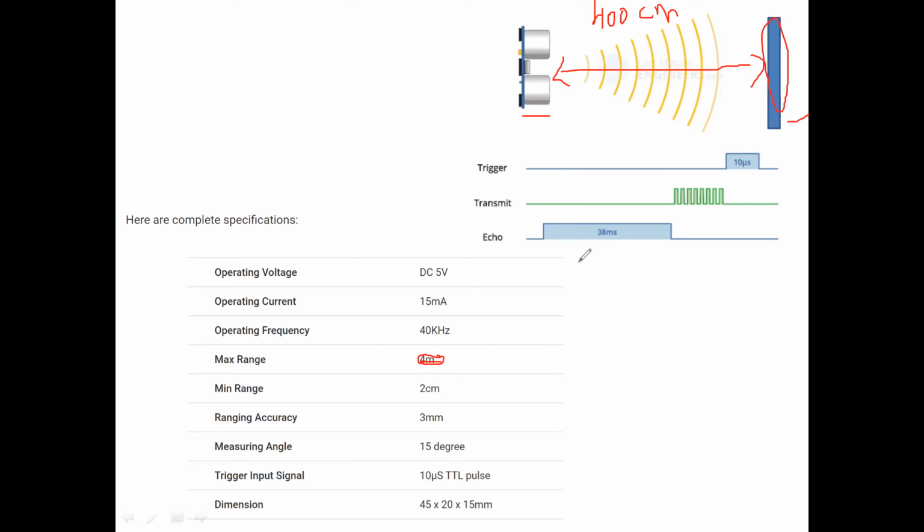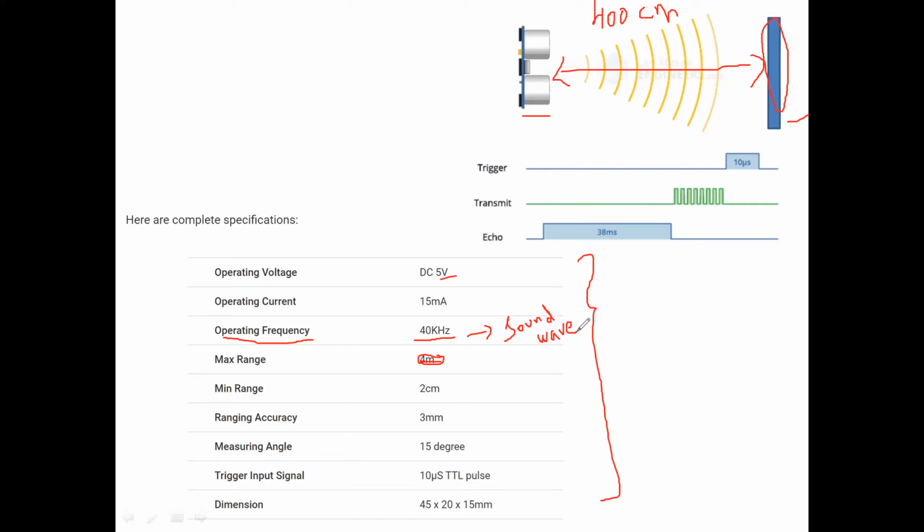It takes a 5-volt supply and the operating frequency of the sensor is 40 kilohertz. It generates a sound wave, because in this range, 40 kilohertz, we call it a sound wave.